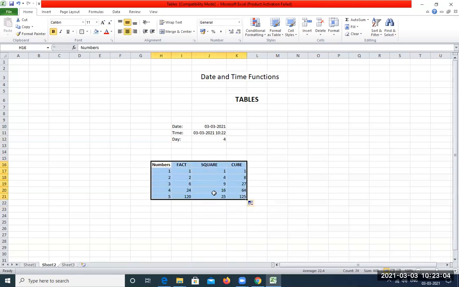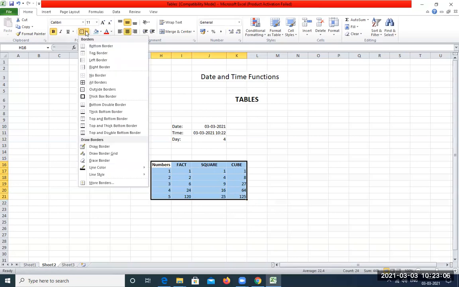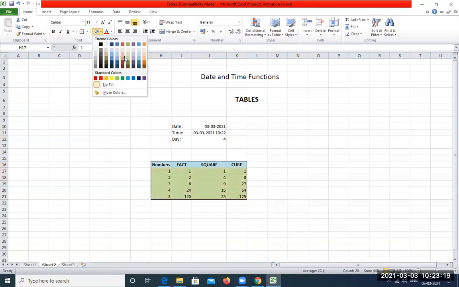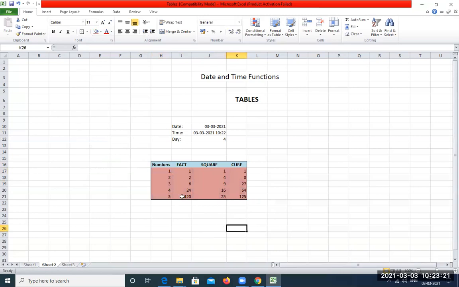Next thing is select this entire table, click on borders, select just the outside borders, then we just select the heading, we apply a different color fill for it. Similarly select the data of the table and then apply a different color fill. And then last thing would be to save this particular term work. So this is your 6th term work of the MS Excel Part A OA Lab.